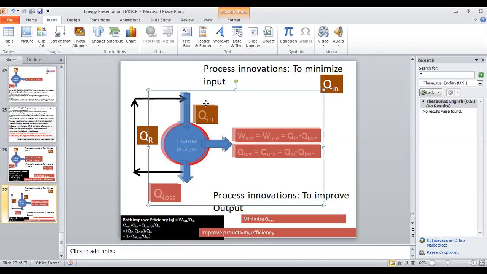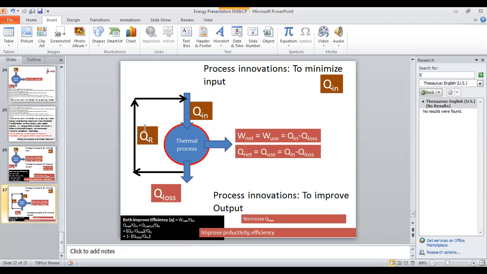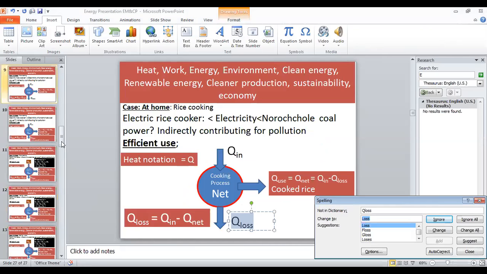You need Q in, but now there is a part recycled as QR. So now the real input is Q in minus